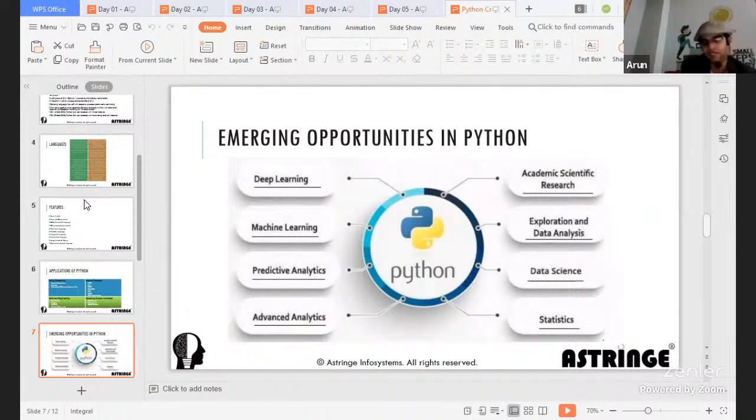Machine learning, yes, Python is also helpful, but at the same time, there are other ways you can create machine learning models, not denying it. But if you learn Python, learning machine learning and deep learning will be much easier and you'll have higher opportunities, since it's just one language to learn. It is also used in predictive analytics, typical to machine learning, and advanced analytics, and could even be used for prescriptive analytics. And also it could be used for scientific research.